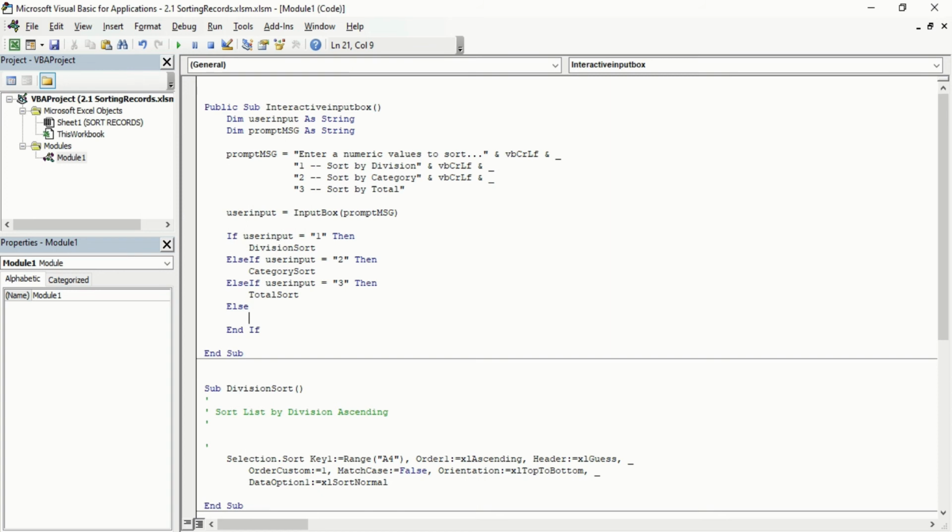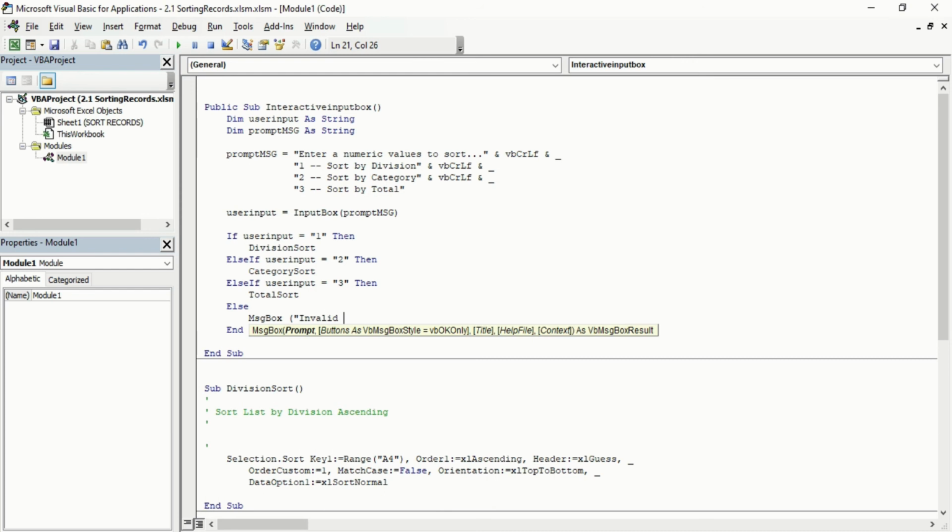Now we need to decide what will happen when something is other than 1, 2, 3. Then there should be a message box, which says, in capital letters, Invalid. After that put an exclamation mark.